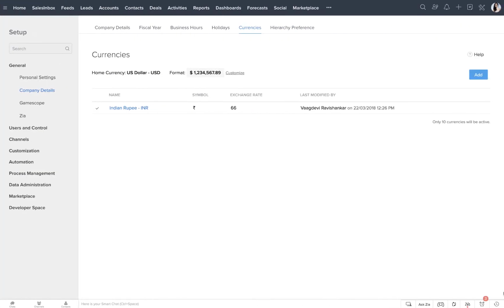However, let me quickly clarify what I mean by transaction here. Zoho CRM is not a payment collection tool. It's a customer relationship management software, which means it's a database of sorts. If you have transacted in multiple currencies, you can make a record of those transactions here. But as such, you cannot send out a link and collect payments from Zoho CRM. As long as we are talking about Zoho CRM as a standalone product, it is not a payment collecting tool.